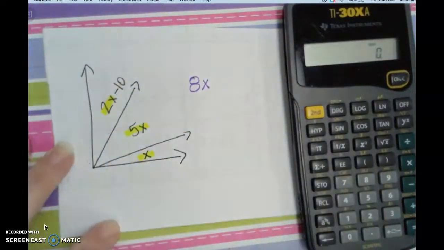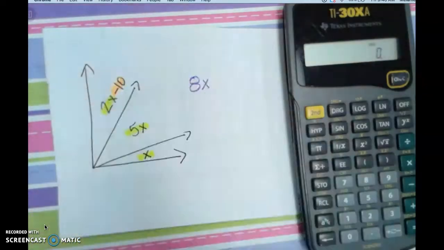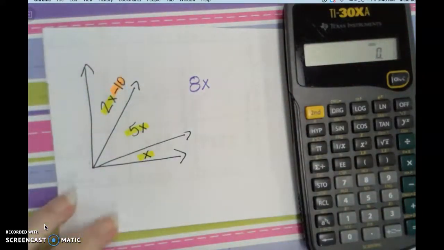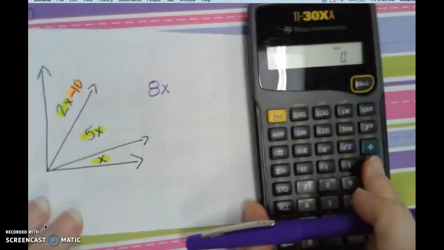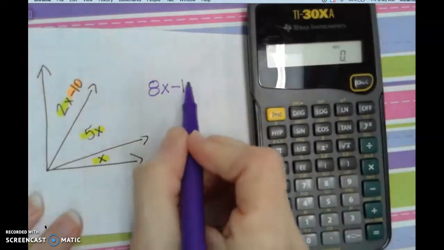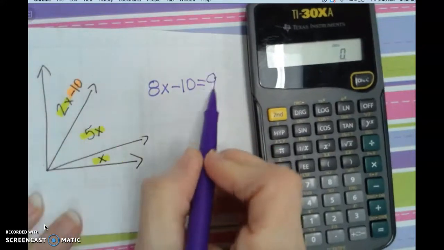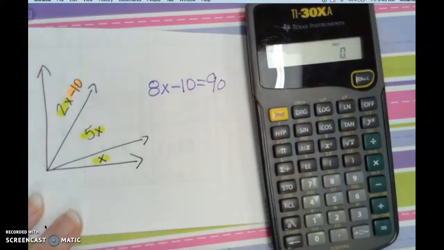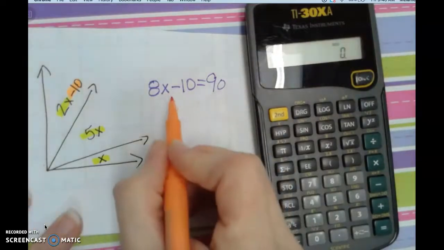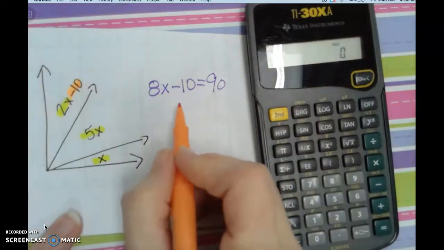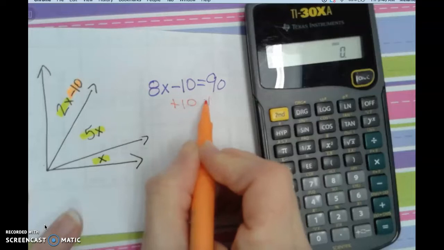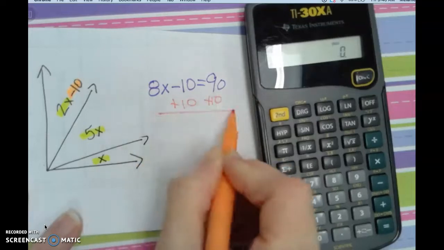I've got to be real careful here. Let me highlight that, because we've got to make sure that we notice that that is a minus 10. So I want to make sure I put minus 10. Let's slide this up a little bit. Minus 10. And I know that all of this together equals 90 degrees because it is a right angle. So now we are going to solve this two-step equation. We've done that a bunch now. So plus 10